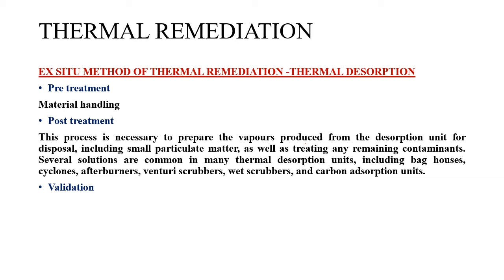So before that happens, we have to make sure that the sample supplied to this desorption unit is properly dried. And obviously the non-soil materials have to be removed. That is why the sample undergoes a screening process, where all the clods can be broken down, and all the non-soil materials like debris can also be removed from the soil to be treated. Once the drying and screening are done, the soil can be fed into the desorption unit. That is how the pre-treatment process happens.